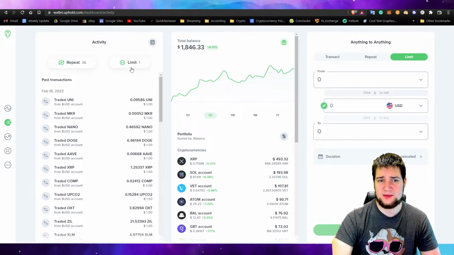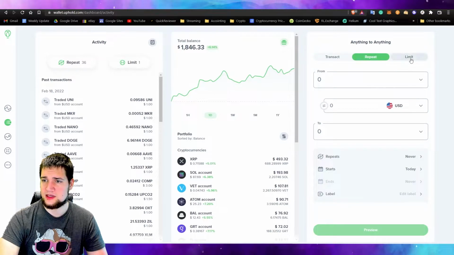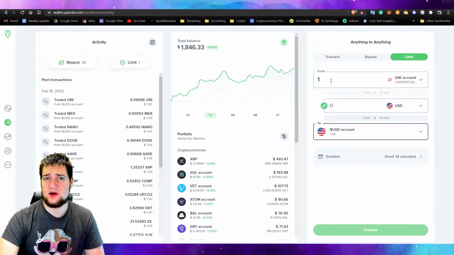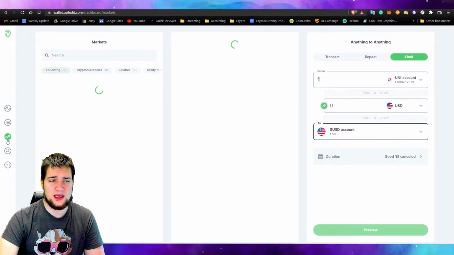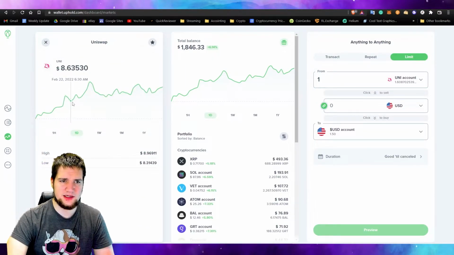Now let's talk about the limit trades. So limit trades, we'll go on over here and we'll click limit. And what we'll do is, let me set up an example. So let's say I want to sell 1 uni and I want to sell it at a certain price. So what I would do is go to the market and then search for uni. We got a Uniswap token right here,